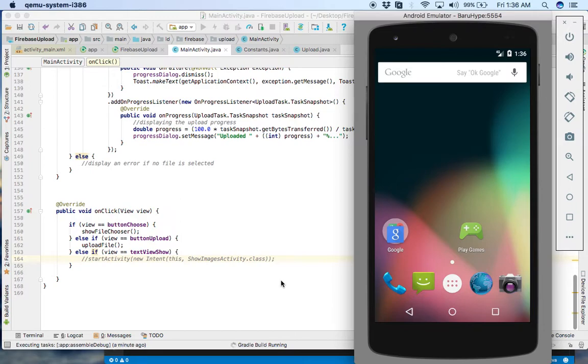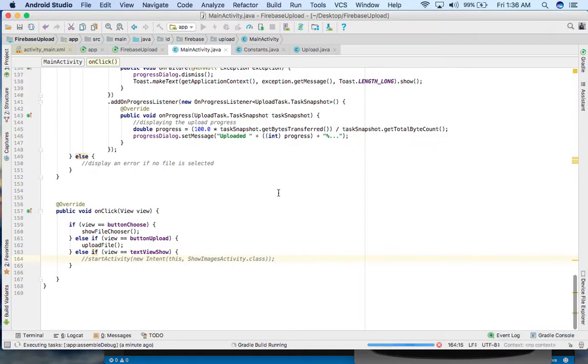Okay guys, while we are waiting for our Gradle process,